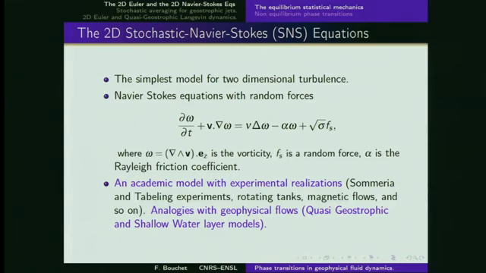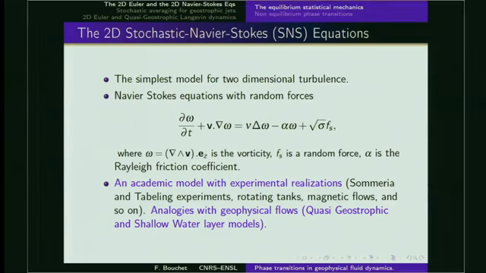So now I will turn to dynamics, but I will change the dynamics a bit. I will now study the 2D stochastic Navier-Stokes equation. The left-hand side is the same thing. It is the Euler equation, but I will add some non-inertial effects, for instance linear friction, viscous dissipation, and also stochastic forces. Basically, F here will be a Gaussian field which will be white in time and which will have some given correlation in space.